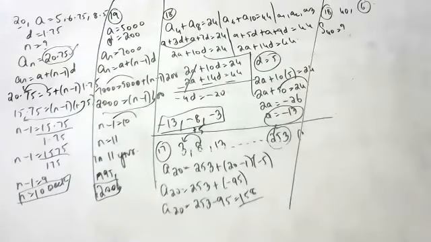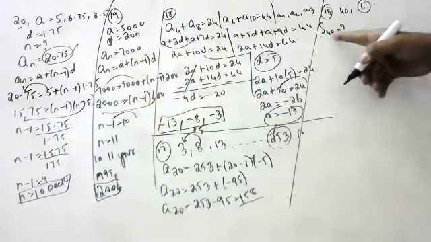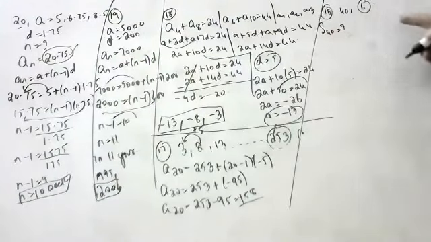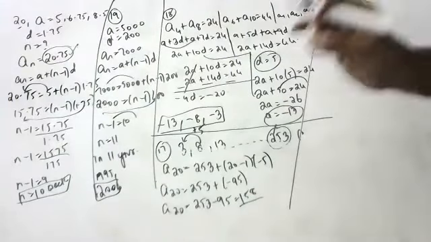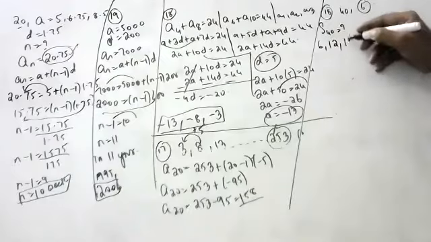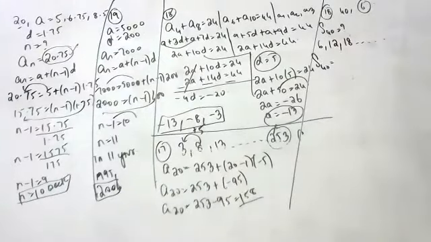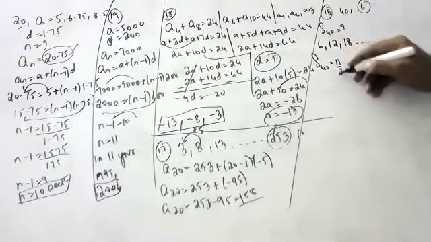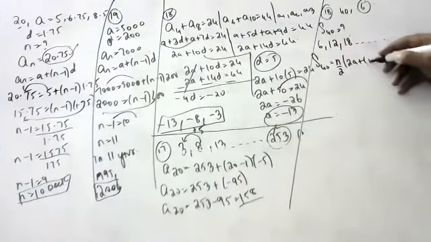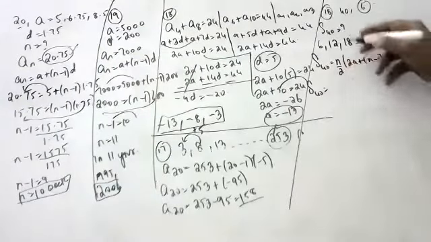Sir, you can repeat the question, sir. I did not copy it. Find the sum of first 40 multiples of 6. 6, 12, 18, and so on. A is equal to 6. S40 formula: n by 2 into 2A plus n minus 1 into D, sir. Okay. A equal to 6, sir.